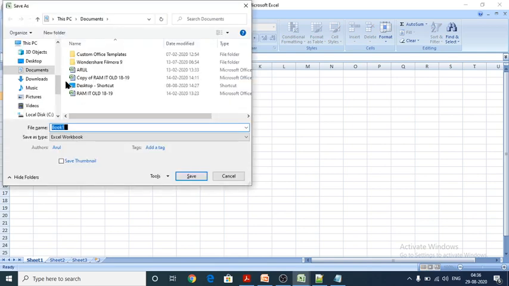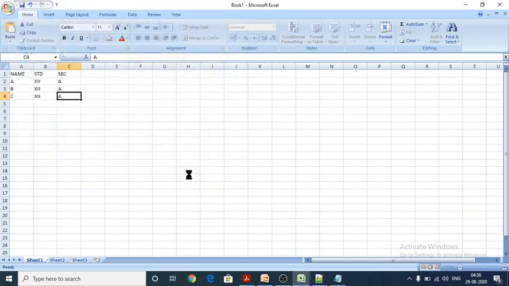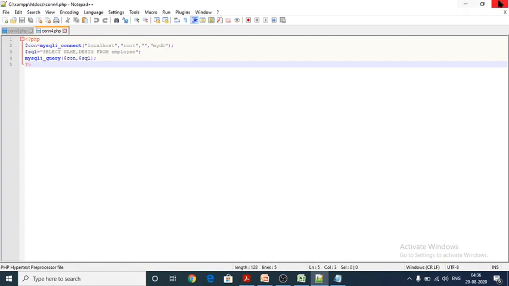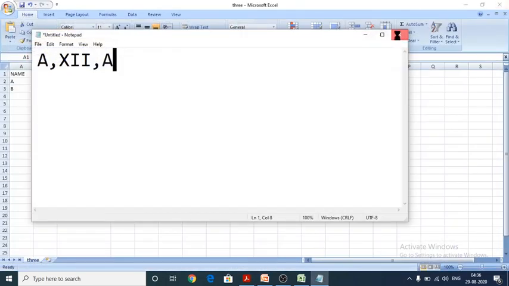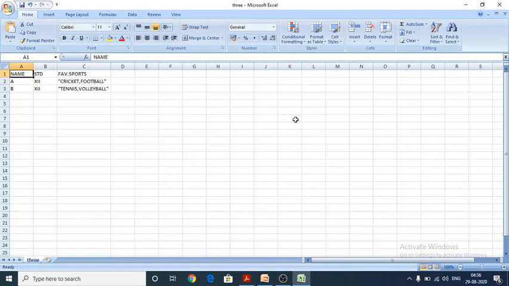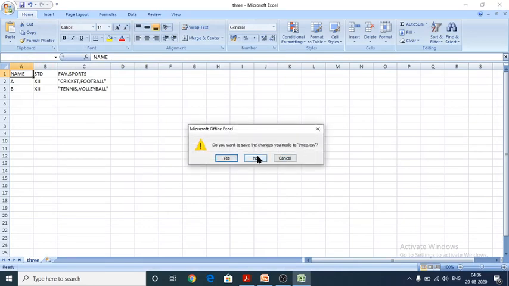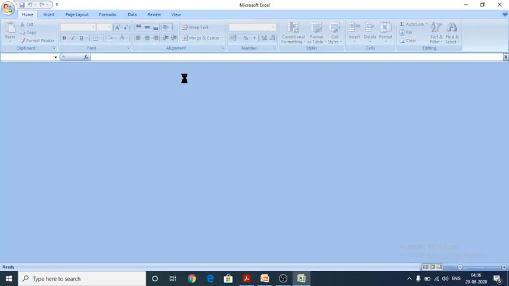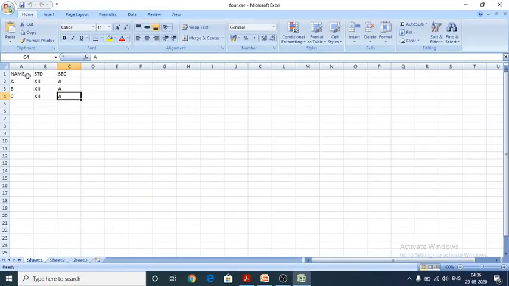While you're going to save, name it 4 dot with the extension CSV. I would like to save my file on my desktop. Save this one, close it. So again, minimize all the things, don't save, no, and see here 4.csv. When I'm going to open this 4.csv, yes, this is the format of CSV. So you are able to open this CSV file.